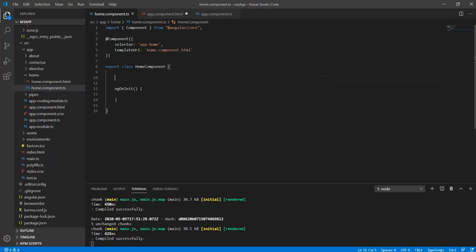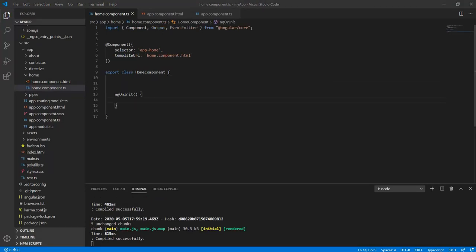So we'll add an Output variable here, and take the reference from Angular core, and also for EventEmitter. Then we use this sendData object and the emit method, and we can pass the data inside it. So we are passing child data.